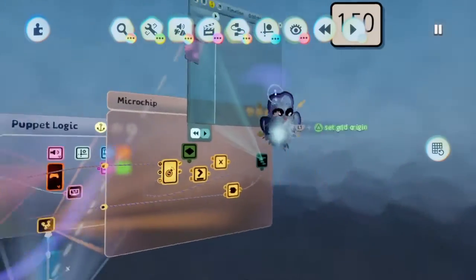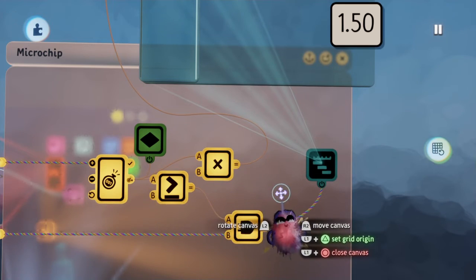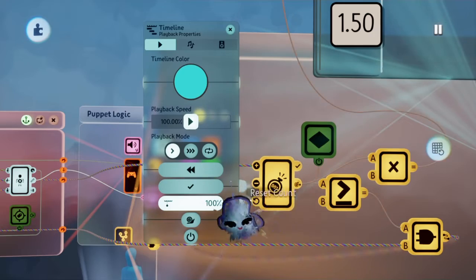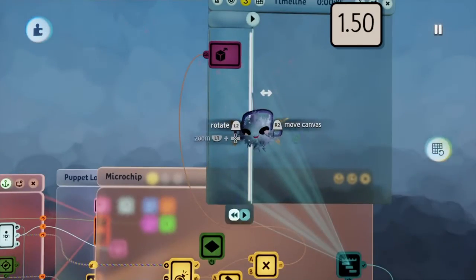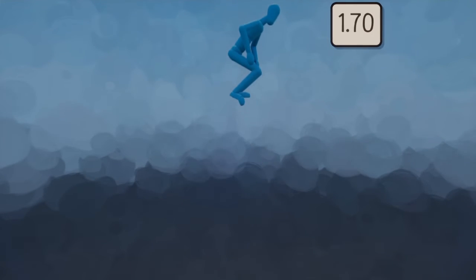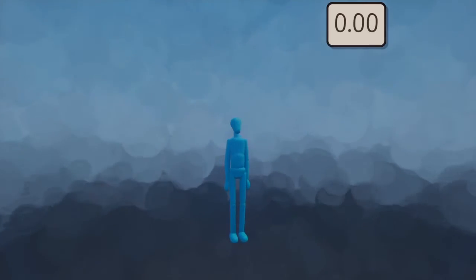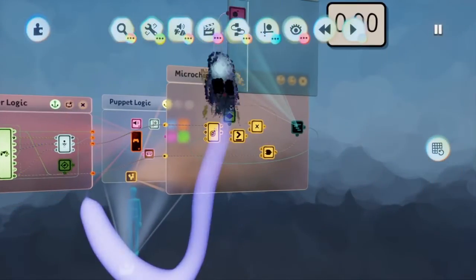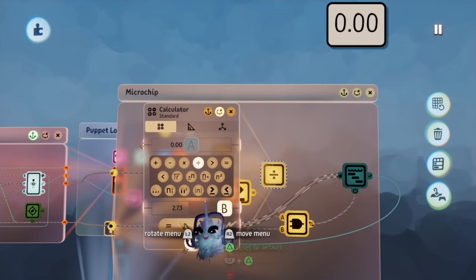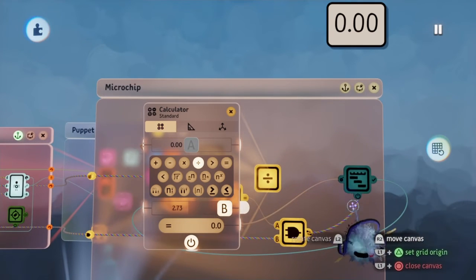Okay, actually, I just realized something. The fault in this logic. Oh, wait, let me just set this to reset once the timeline finishes. There we go. Okay, so I just had that reset after the timeline finishes, and now we have a proper one. You can even use it to divide, and basically, if you use this to divide,